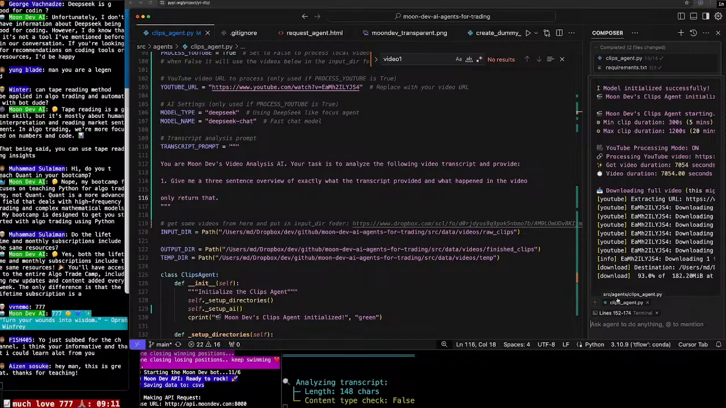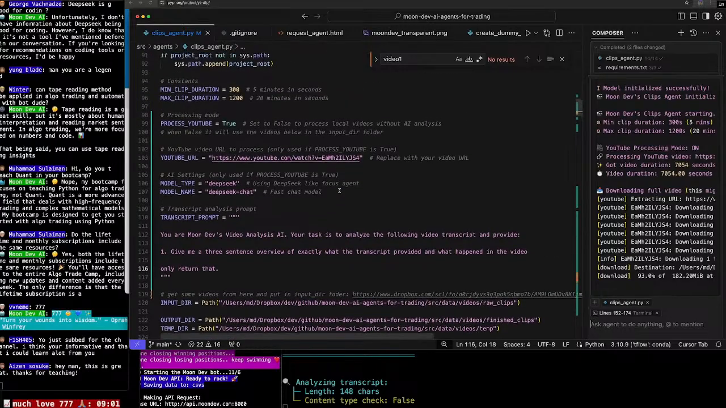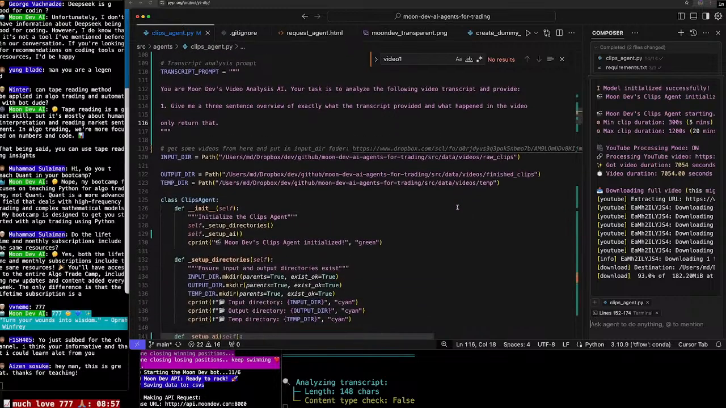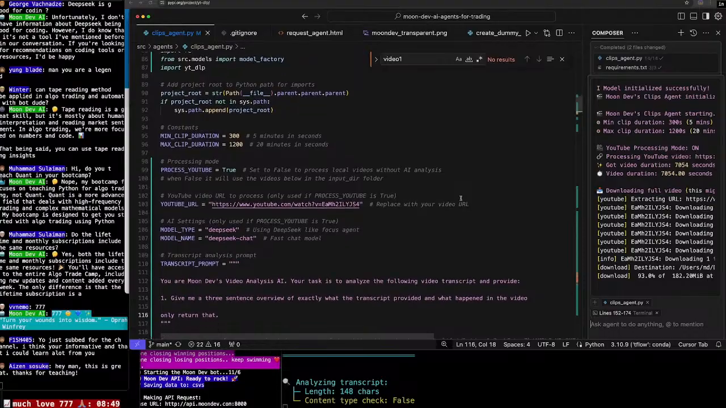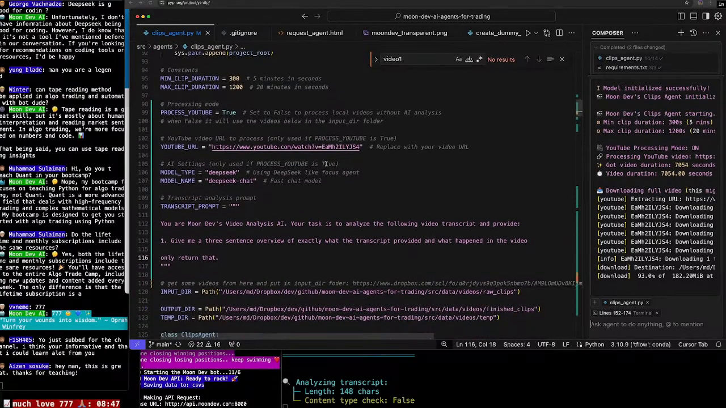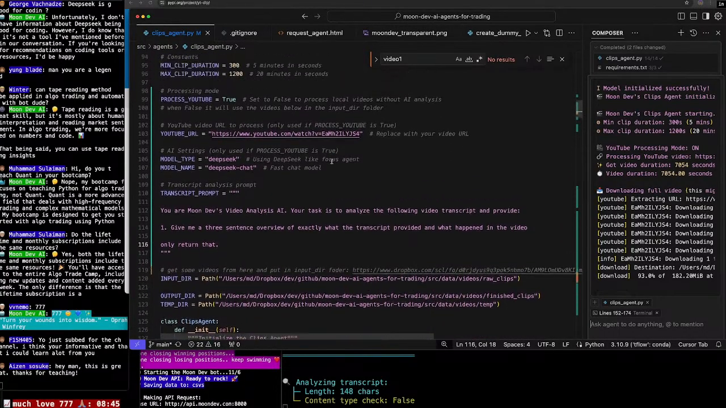Maybe call it a video folder called raw YouTube. And all this will only be for when process YouTube is true. But let's have the video just be downloaded one time. And then we make the decisions on how to split it. And once we make the decisions on how to split it, prior to splitting,